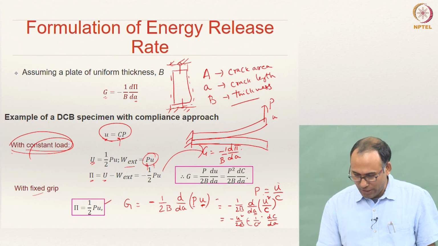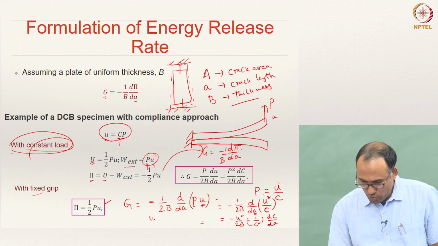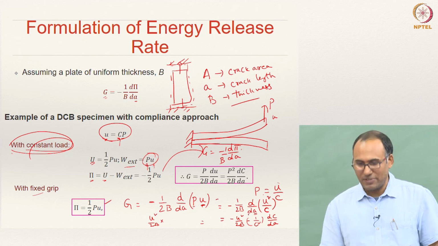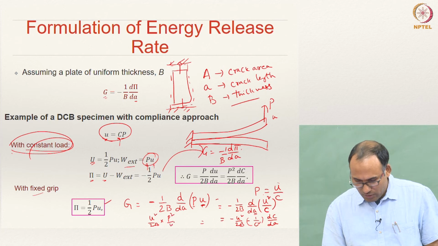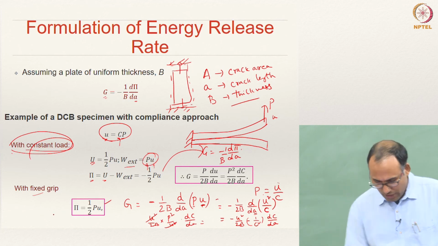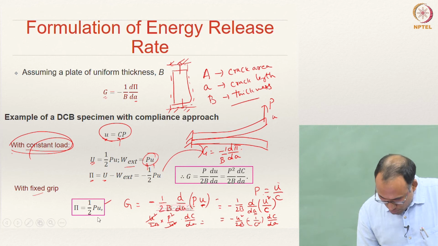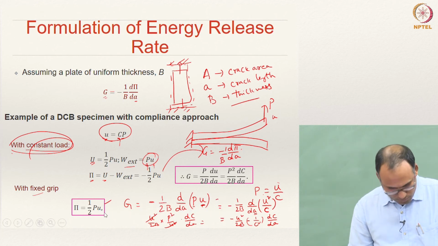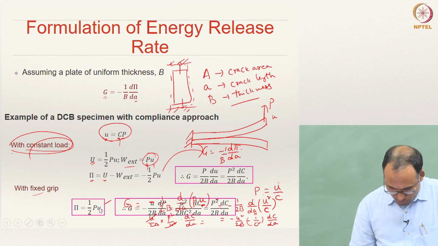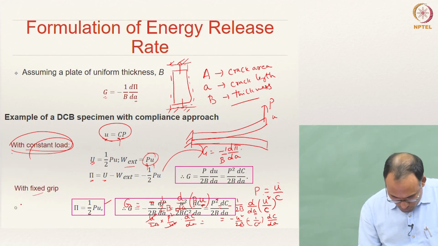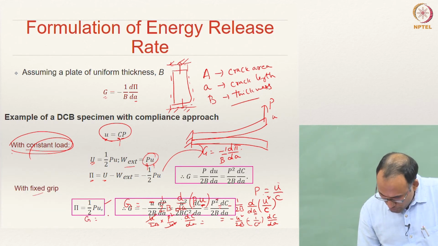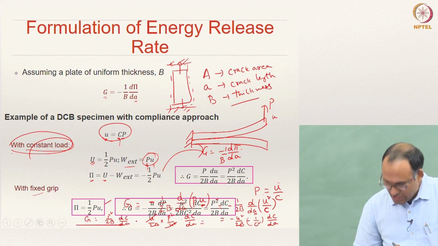So, this negative becomes positive. So, U square by 2B times C square is U square by P square. So, P square goes to the numerator, U square goes to the denominator, dC by dA. So, U square gets cancelled. Therefore, now I can write my G equal to P square by 2B dC by dA,